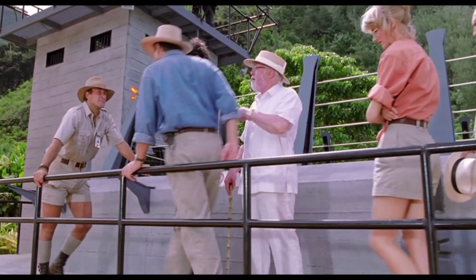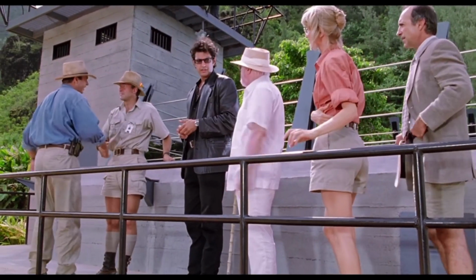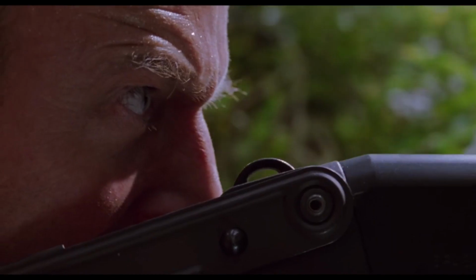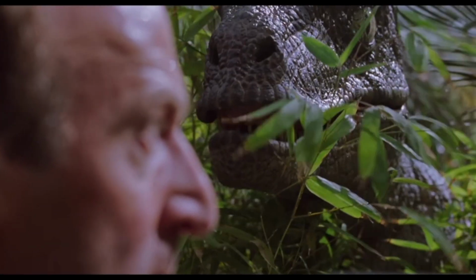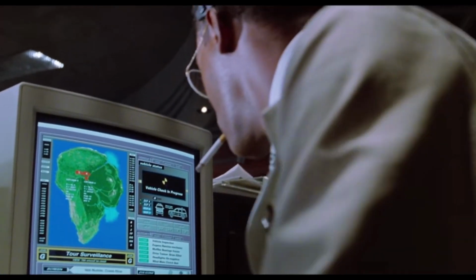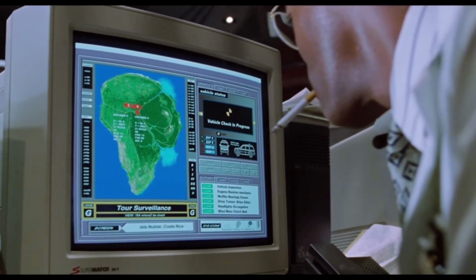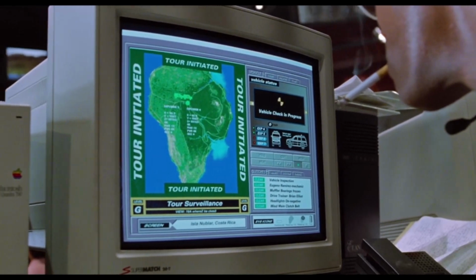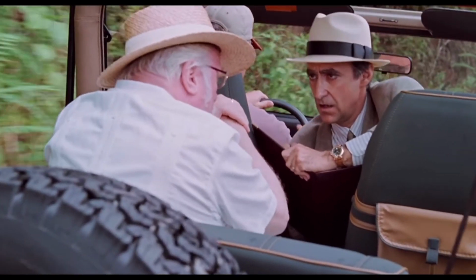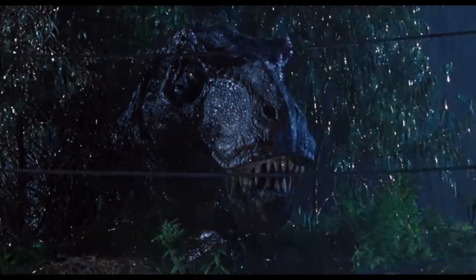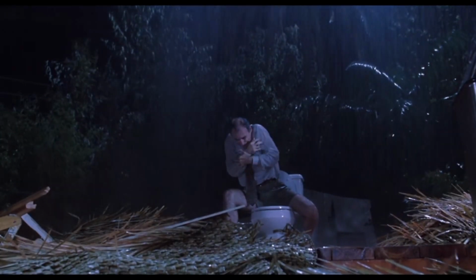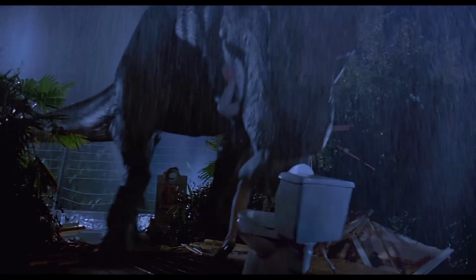He educates the group about the dinosaurs and respects how dangerous they are. But even he underestimates them when hunting the raptors, which leads to his death. Arnold is more of a stock character, a tech head at home with technology, but woefully unequipped to deal with the realities when he has to venture out into the park and turn the power back on. Gennaro is a mostly negative stock character concerned with bean counting. He is immediately obsessed with the amount of money the park can make that he doesn't even think about the bigger ramifications until they're staring him in the face. Gennaro flees when things get bad due to his cowardice and quickly gets his comeuppance.